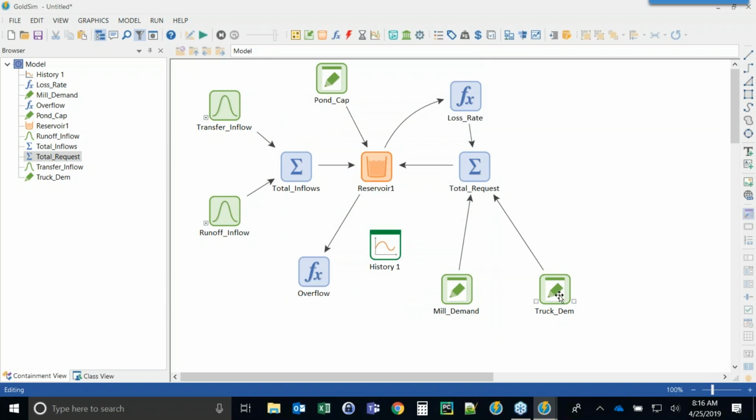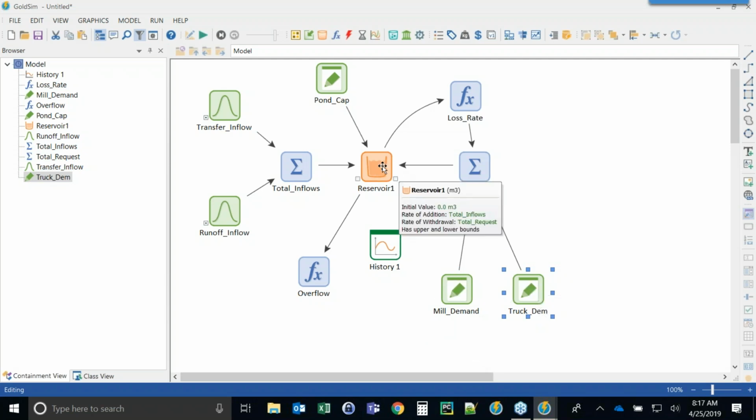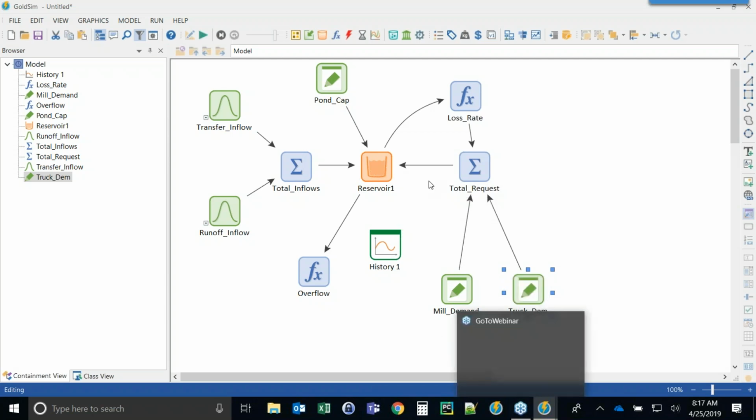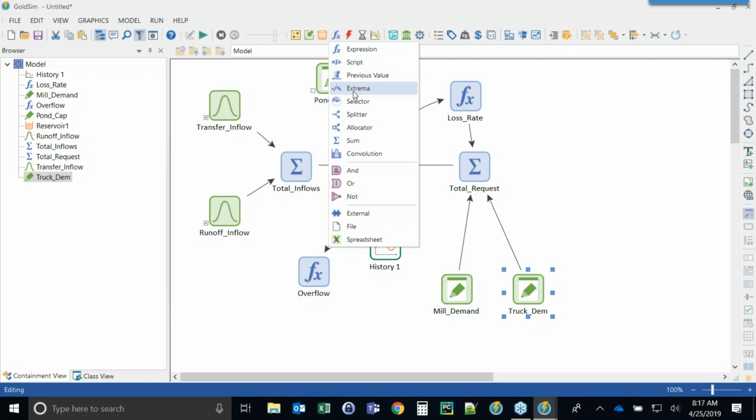The problem is there's no way for me to know how much each of these demands gets of the request that they're making. What we could do is say, well, if they're equal priority, we'll just assume that if there's a curtailment, if there's a shortage, then we just cut that in half and provide them. Well, there's an easy way to do that. That is with an allocator. So I can add the allocator here,